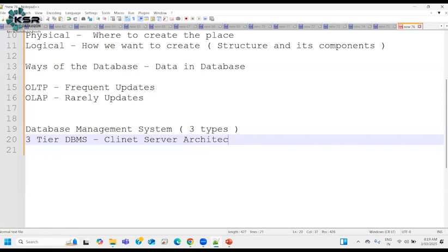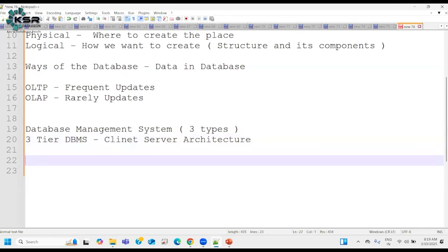Now, what do you mean by client server architecture? In simple terms,